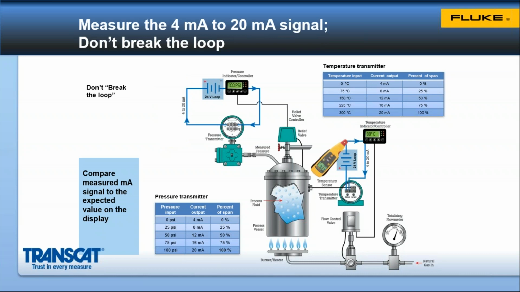If you see on the right-hand side, we've got a milliamp clamp attached onto the temperature signal, the milliamp signal wire for the temperature control loop. In this instance, the transmitter is connected directly onto the wire, and none of the wiring is being lifted. As a function of that, there's no interruption or interference with the autonomous operation of the control loop, reduces risk, and allows the measurement to be made without any